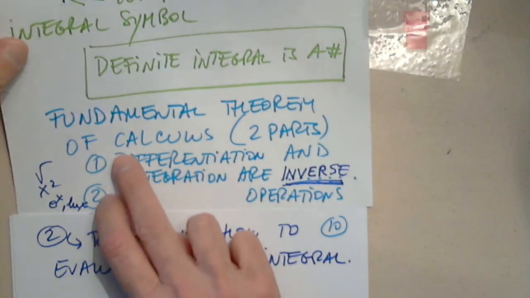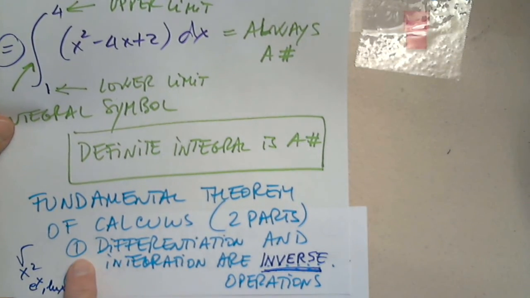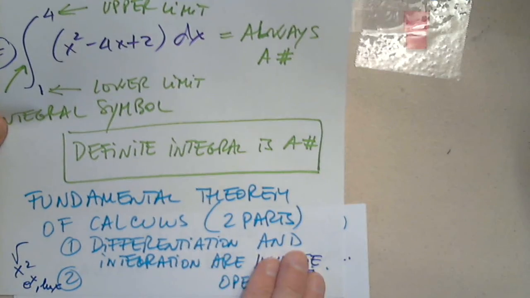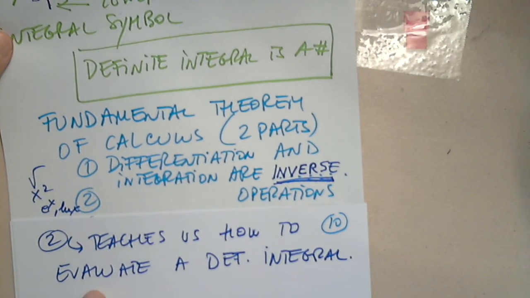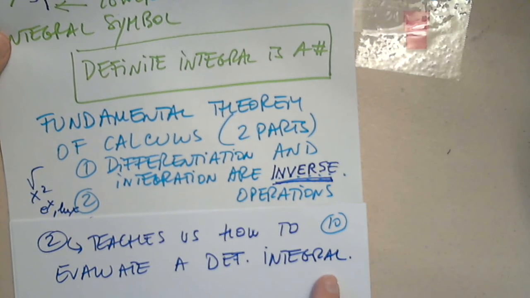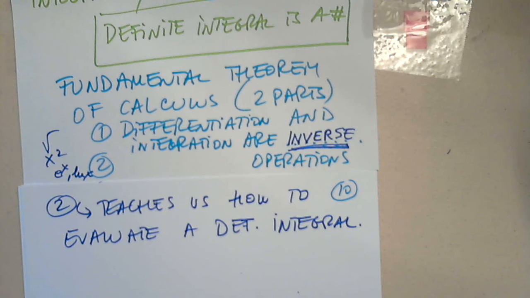So there are two results, super important results of the fundamental theorem of calculus. One says that they are inverses, and we'll get to that. And the second one shows us how to evaluate a definite integral. And here is how. Whenever we want to determine the integral from a to b of f of x dx,